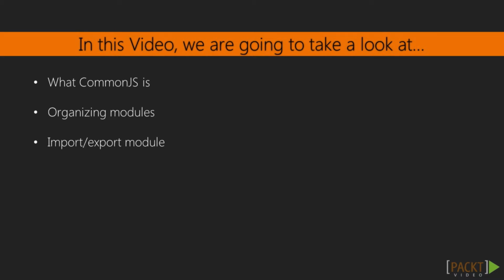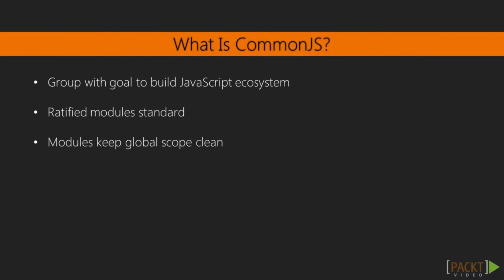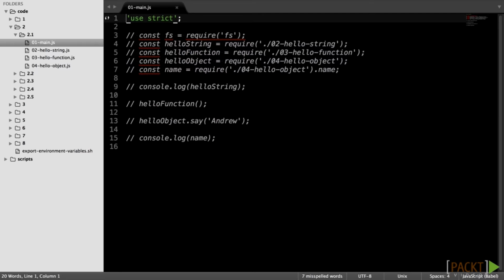In this video, we will learn what is CommonJS, how to organize modules, how to import and export them. CommonJS is a group with a goal to build up a JavaScript ecosystem and standardize multiple issues. One of the standards they ratified is for modules. Modules allow you to keep your codebase clean, make it easier to test and share your modules. To use a module, we need the require function, to which we will provide the name